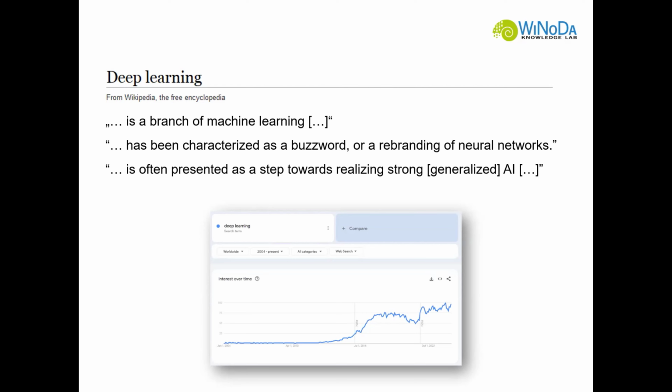Then the second thing is actually, I think, the most important and interesting one, because it has been characterized as a buzzword, or a buzz phrase maybe. Deep learning is more like some buzz phrase that says, oh, we do now everything with deep learning. There you go. And no one really understands what it means. And everyone understands, wow, it seems to be cool and hip and state of the art and so forth. But at the end of the day, it is a rebranding of an idea that is around